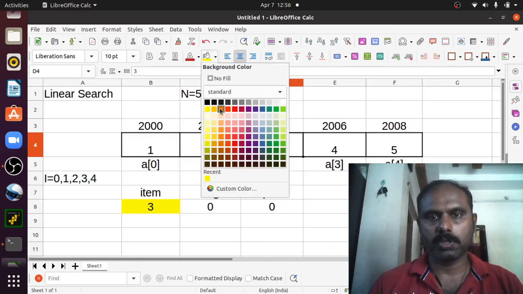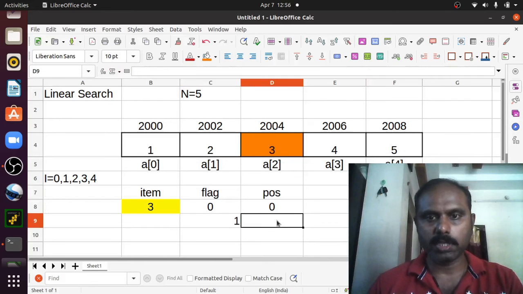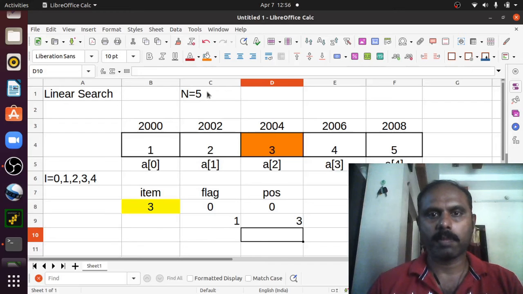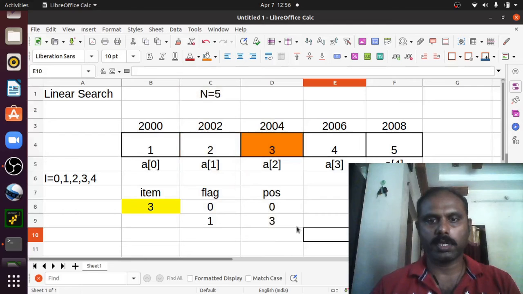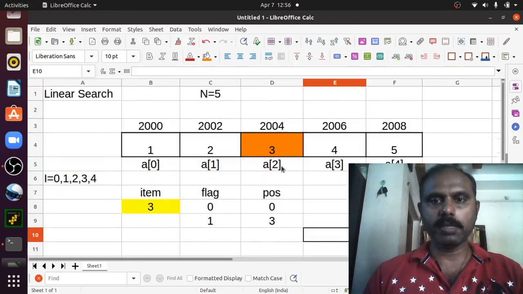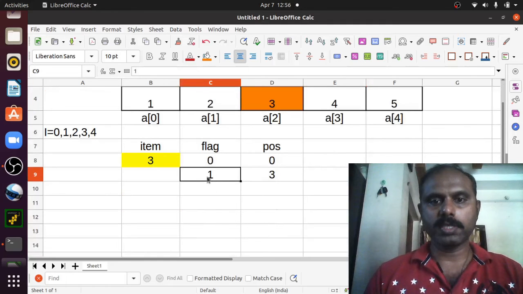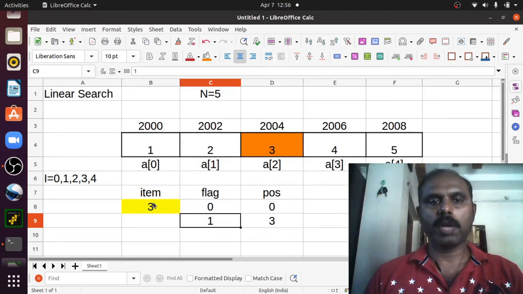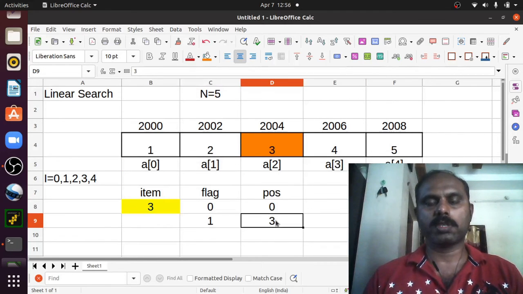Once the search is successful, it will set my flag to 1 and position will be 2 plus 1, that is 3. And break means terminate the flow of execution. The flag is 1, so you will check whether this flag is 1. If the flag is 1, your item, that is 3, is found at position 3.